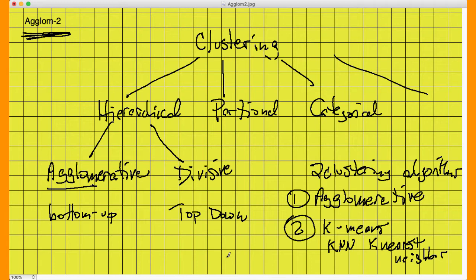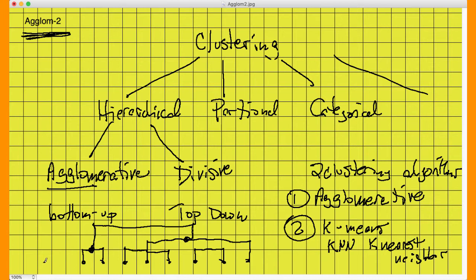And the difference between these are in fact the following. When we're talking about agglomerative and it's bottom up, we're going to have all of our individual elements down here. And then what's going to happen is we're going to decide, well, who's the closest one to this one? And maybe it's this one. So we form a cluster. And then this one over here, maybe the closest one is that one there. And then maybe these two are very close. And then maybe these two over here are very close. So now what we would do is we would come over here and say, well, that's very close to this one. And it looks like that.